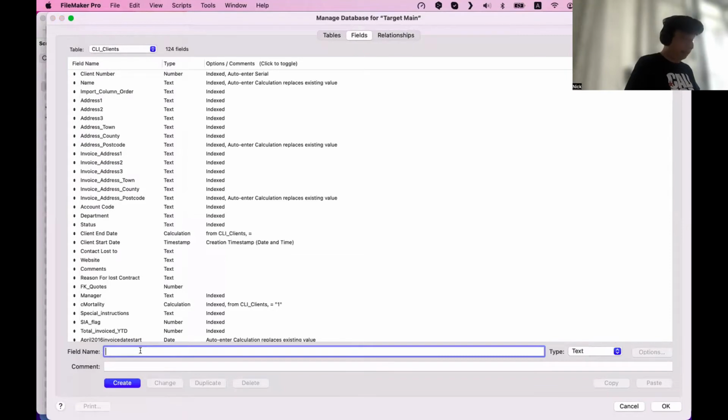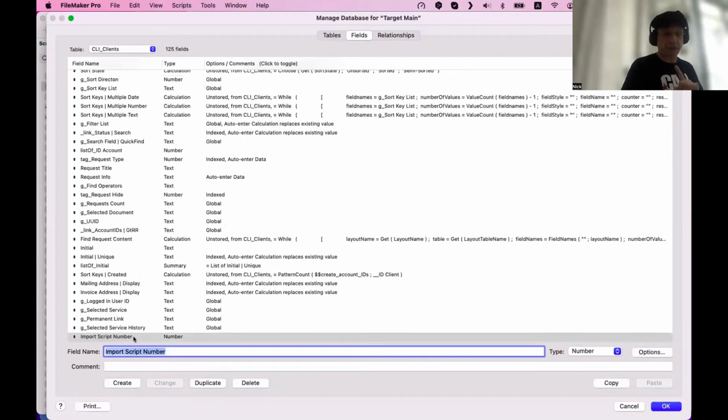I have an import script number. For each customer, for each client, I have a script number, right? So now that I have this field,